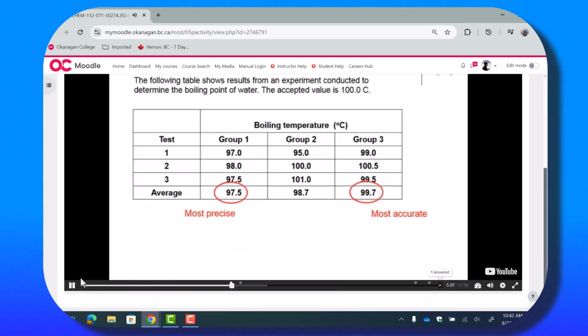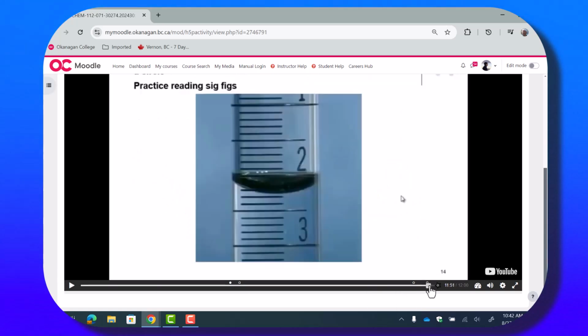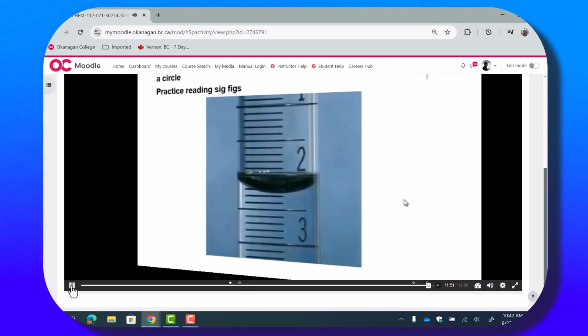Continue. Now, by the way, if you don't get the answer correct that first time, that is totally okay. Just try again until you do get it correct. If you're really getting stuck, just reach out to me. So you can see that there are other dots here. So there are questions to answer. And then right towards the end of the video, I just want to try to catch it at the right spot,